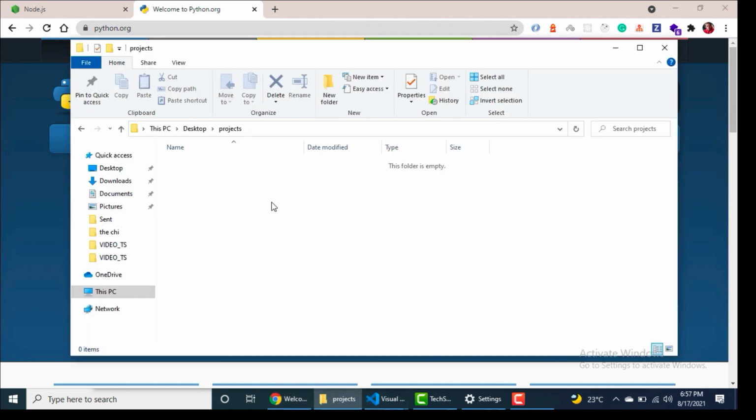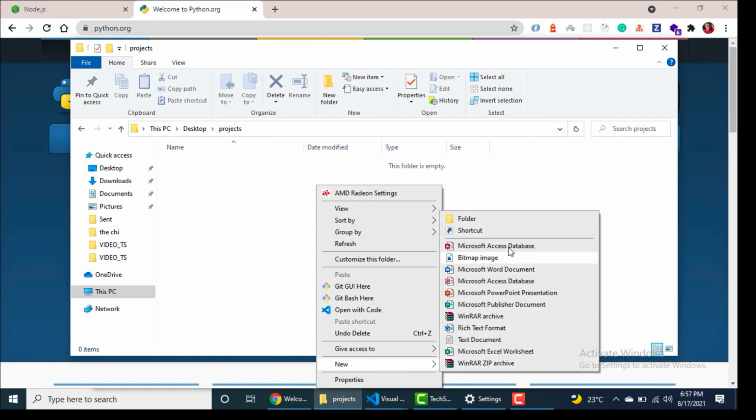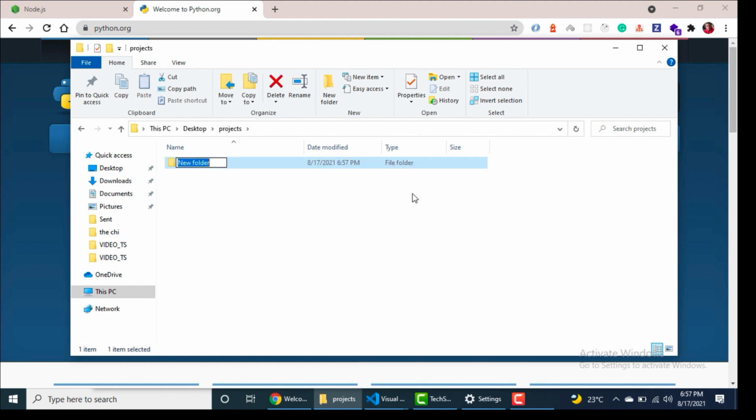So I have a folder on my computer called projects. Over here, I'm going to create a new folder. This is going to contain all our project code. I'm going to call this campaign manager. So inside here,